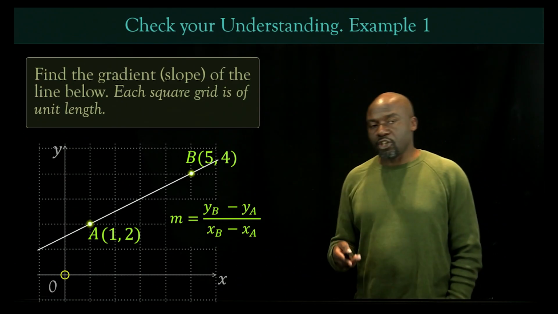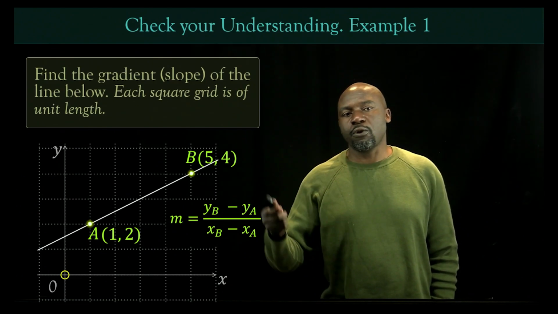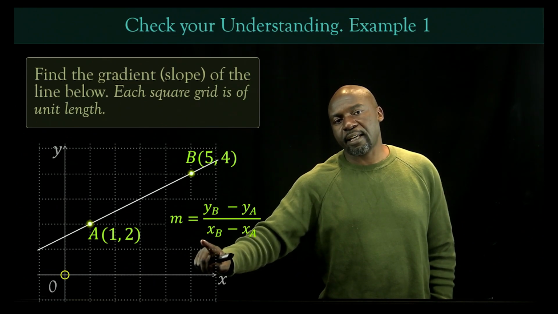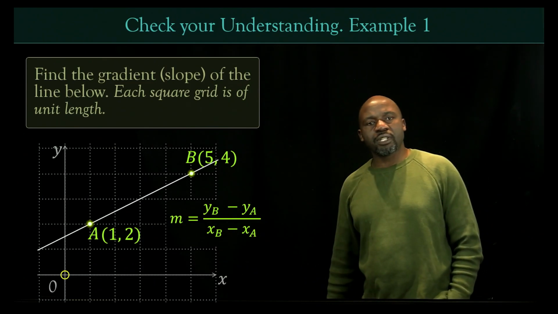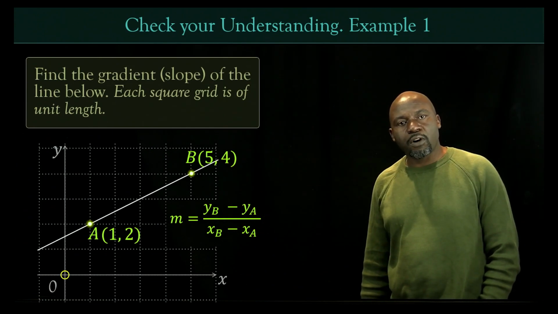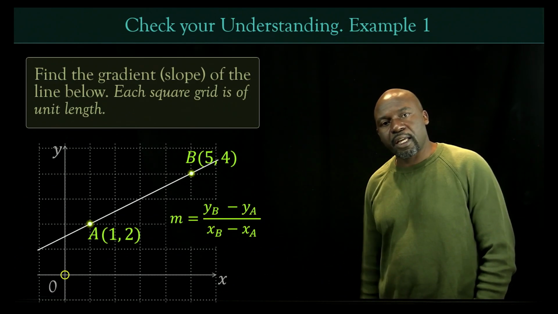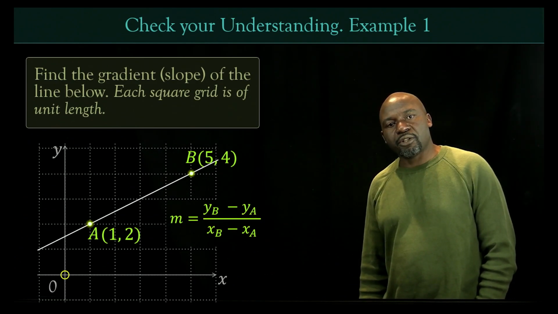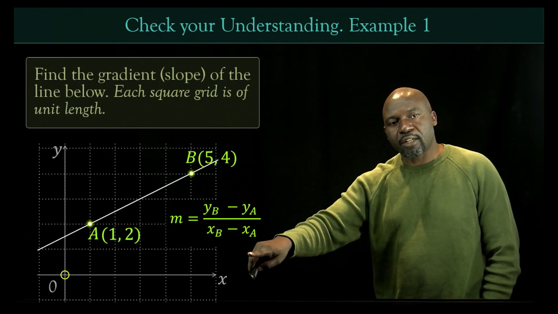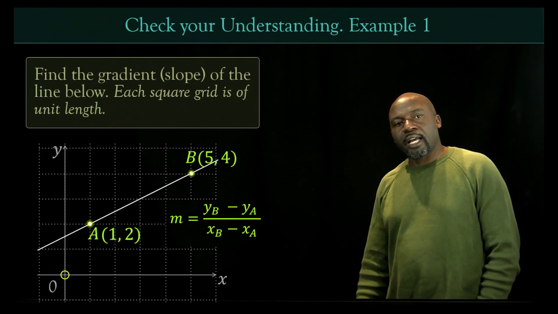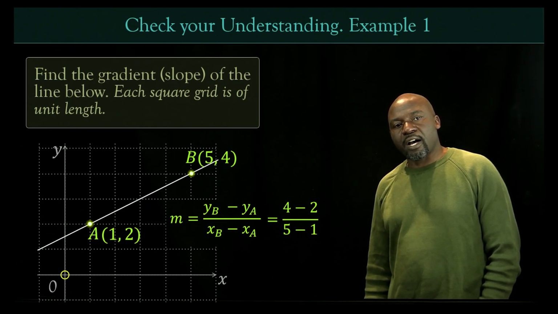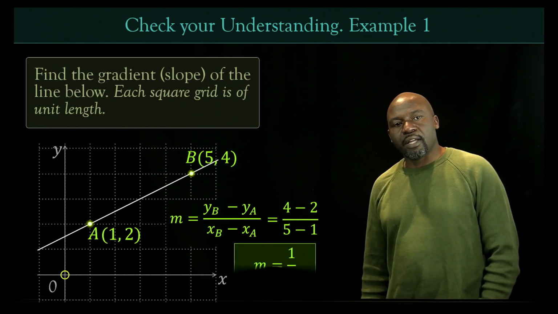So final minus initial, or initial minus final, both ways. So you could start with ya minus yb, but then this must also be xa minus xb. So if we substitute in the values, then yb, in other words, the y coordinate of point B is 4, the y coordinate of point A is 2, so we're going to have 4 minus 2 divided by the x coordinate of point B is 5, subtract the x coordinate of point A, which is 1. Okay, so we are going to have then 4 minus 2 over 5 minus 1,